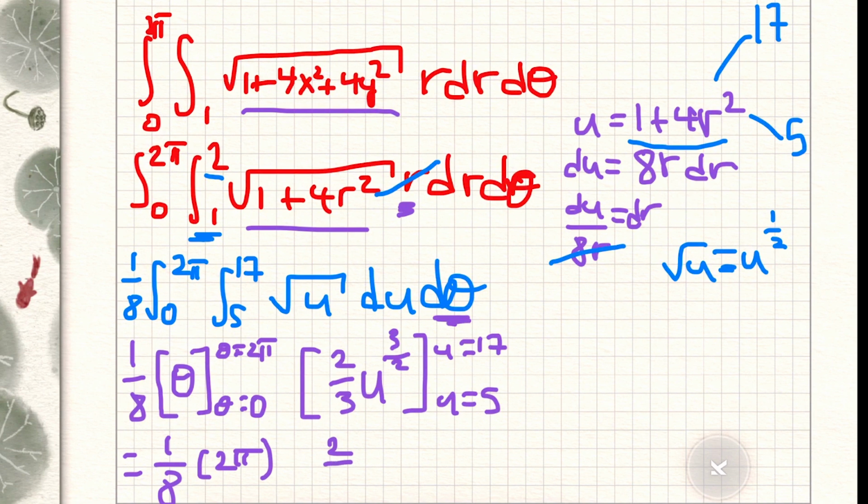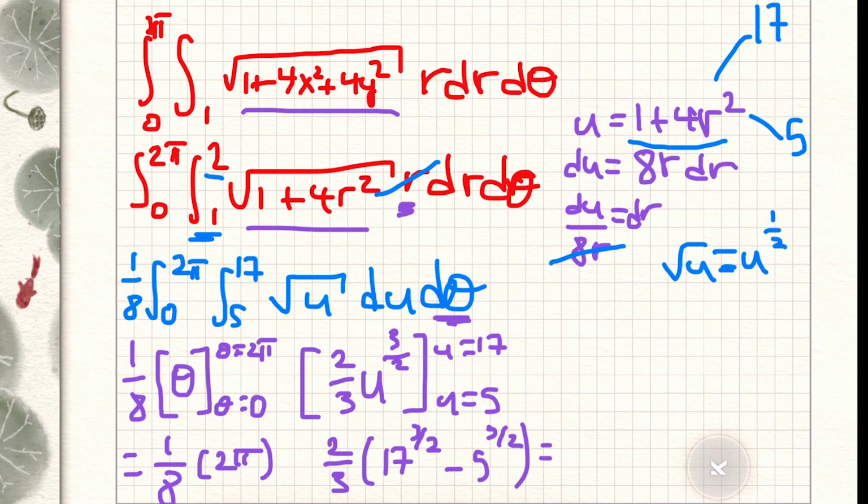Now 2/3 will be common to both, so we can take it out and keep in parentheses 17 to the 3/2 minus 5 to the 3/2,